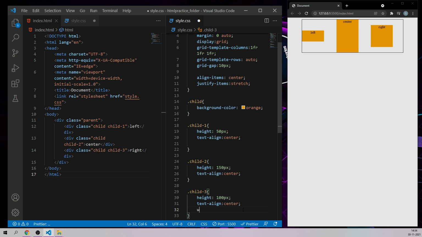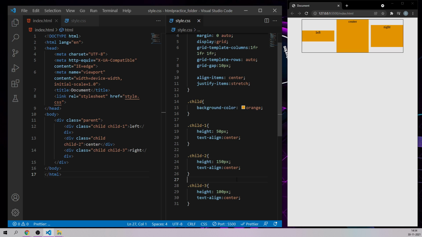It's not going to be 100 pixels anymore. No matter whatever the size of the child elements, it might be one single letter or some full statement, it is going to take the entire width. Because see, with justify content, from the left side and the right side, it is taking up the entire width of that particular fractional unit.